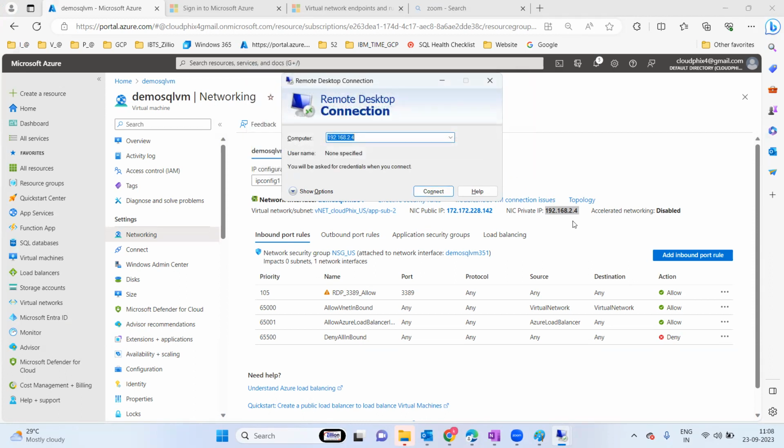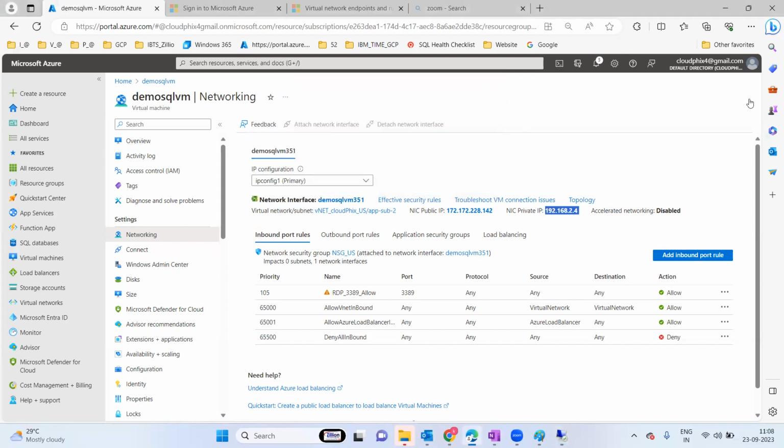So the private IP, I'm not able to connect. What is the solution now? To connect from your laptop, it is not mandatory to do site to site and point to site. In real time, to avoid setting up VPN connectivity and all, what we are going to do is